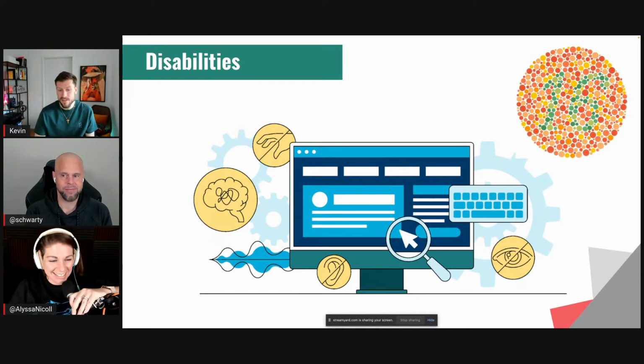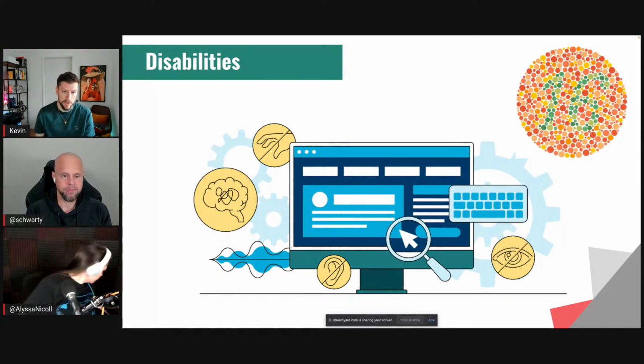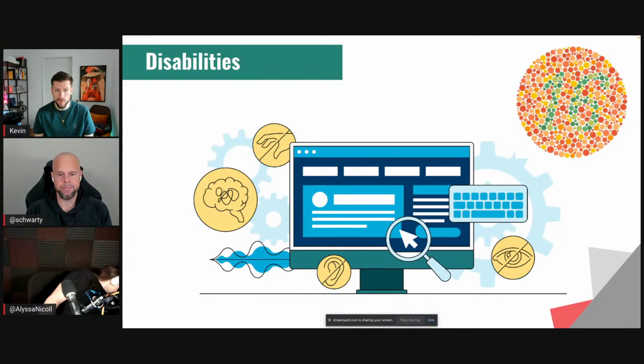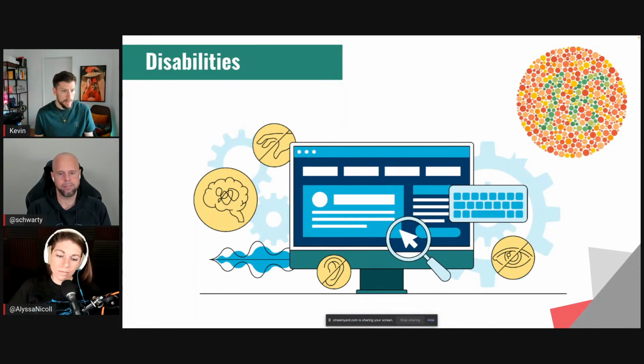Then there are other disabilities. For example, people who cannot hear well. Imagine you have some video content on your web page, and then you should also put some transcript so that people can read it, like subtitles. Then there are motor disabilities. So for example, not everybody can easily use a mouse. So some people can only access content with the keyboard. Therefore, it's important that you always make your content accessible via keyboard.